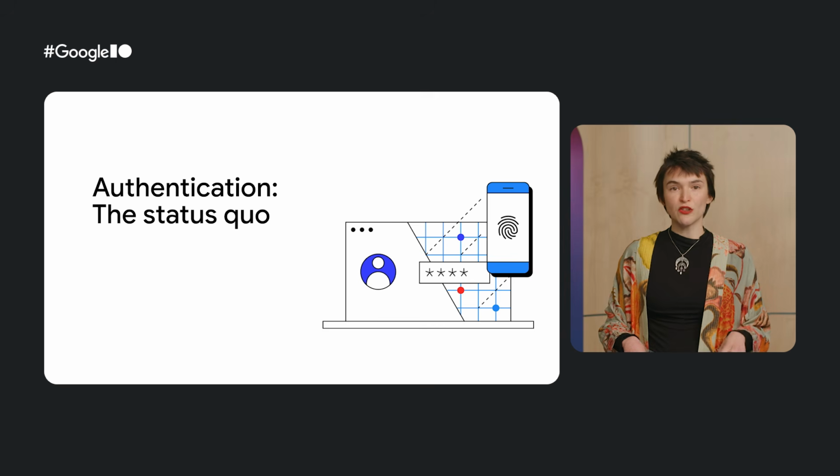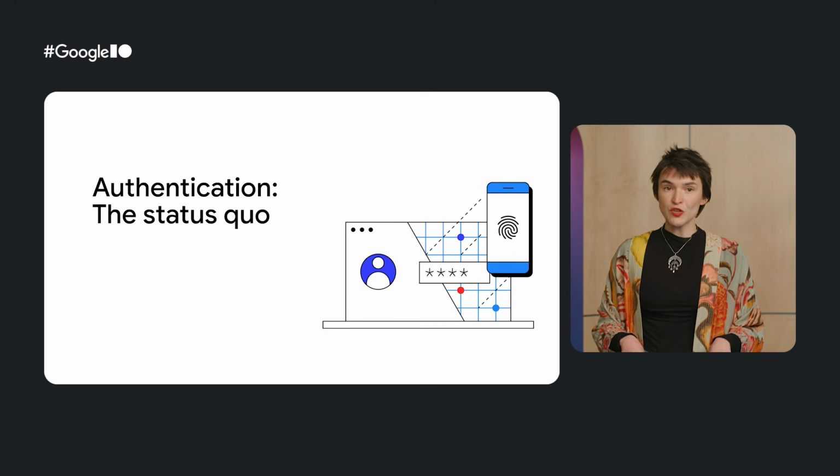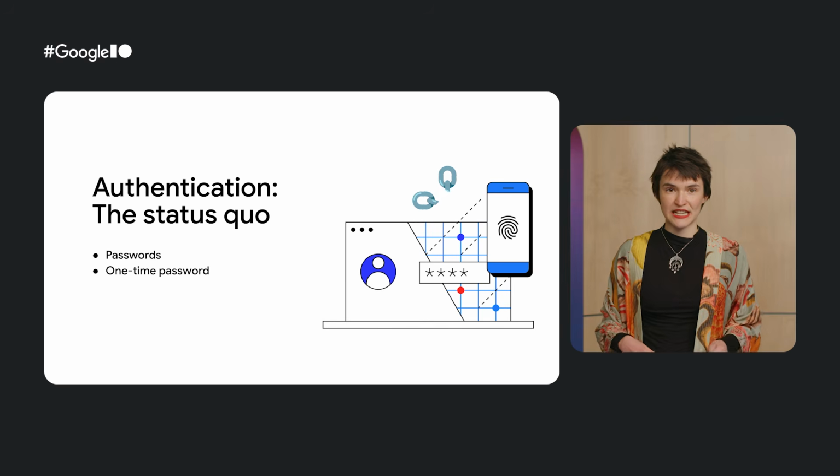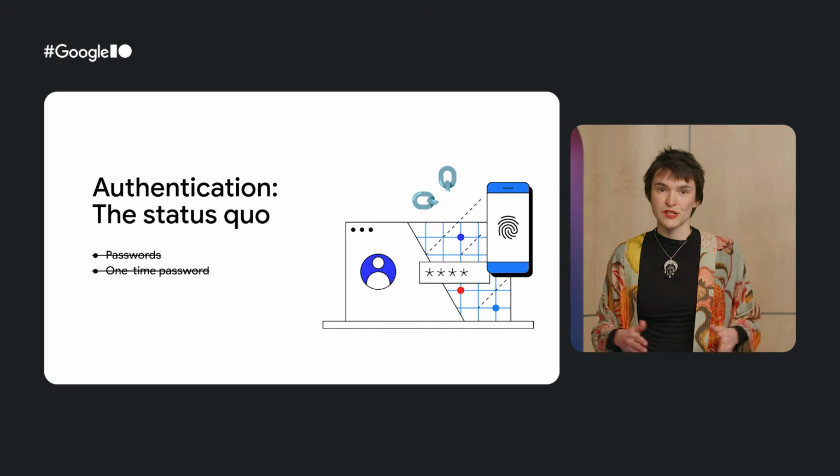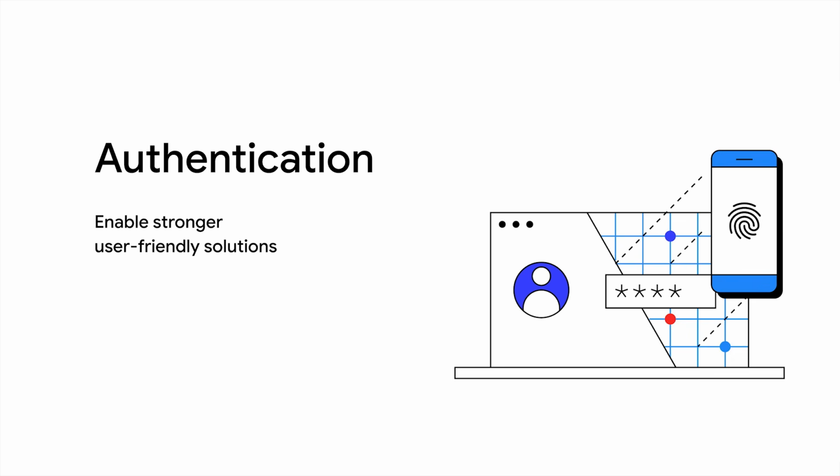As you design your account management system, your goals are to phase out weak and high-friction sign-in methods like simple passwords or one-time passwords, and enable stronger, more user-friendly alternatives. Let's walk through each of these account lifecycle stages and discuss the best practices and the APIs that can improve